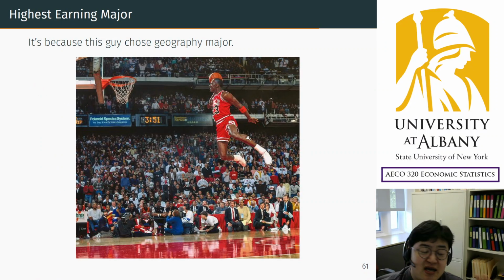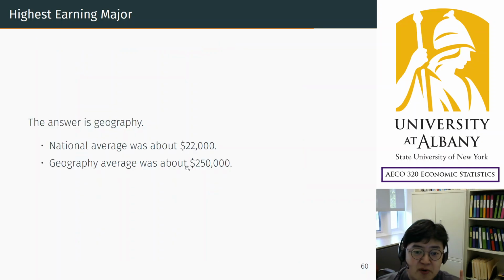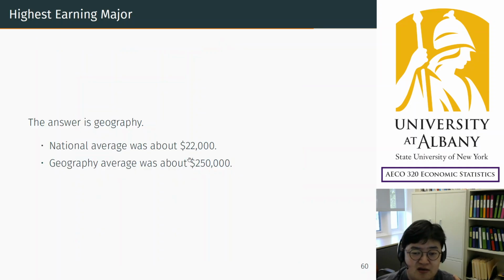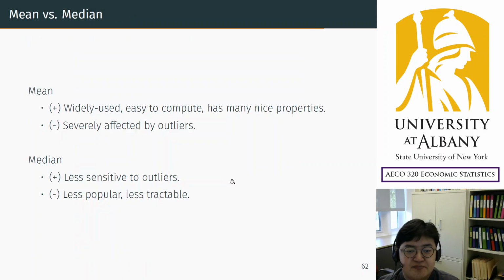By the way, he's an outlier. It is an obvious outlier. Whatever major he chose, he would be an outlier. The problem is, he is just one person, but one person makes the average misleading like this, right? I don't know how much his first salary was, but obviously it's his effect. His effect is felt clearly here.